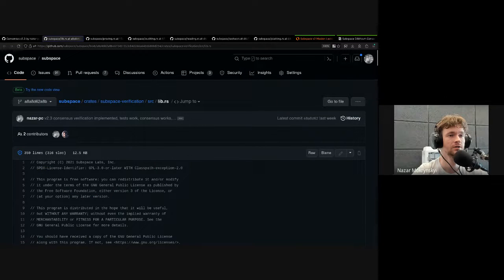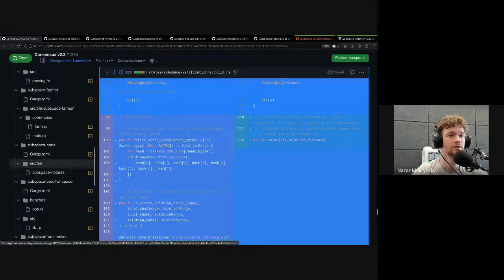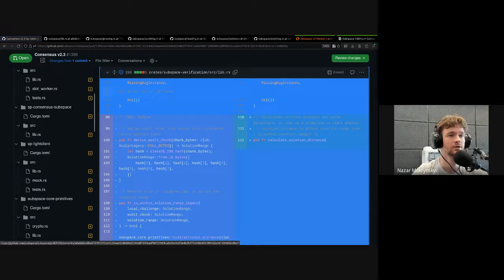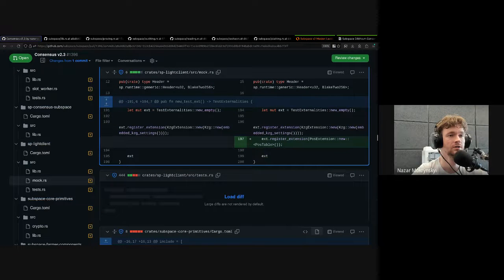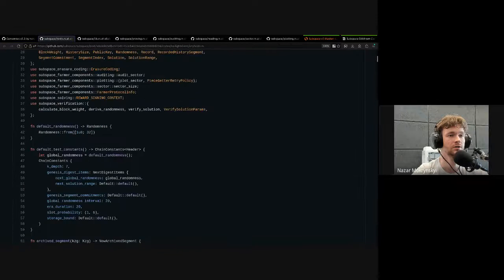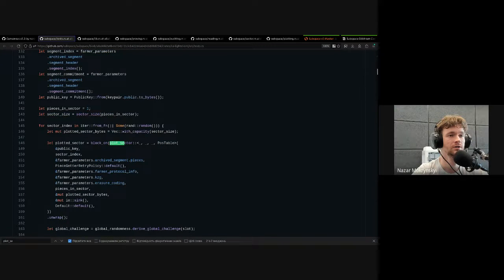And also, in verification, we also fixed tests. So if you go to something like SP Light Client, which is the Light Client implementation for Subspace, in tests, let me open it. Camera right in front of the screen. We are actually reusing plot sector. We're actually reusing our Subspace Farmer components. So we are using the same functions as we use in production for plotting. We just use fake proof of space at the top. It is defined as shim, I believe,